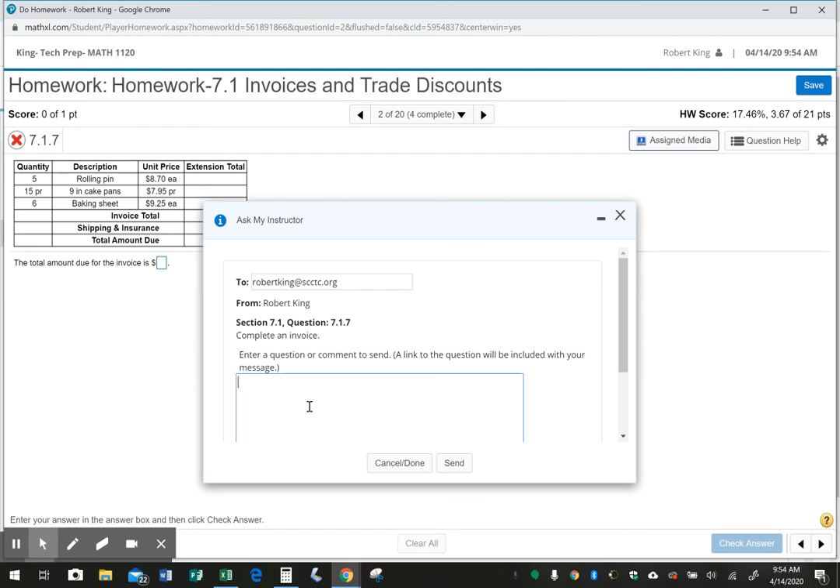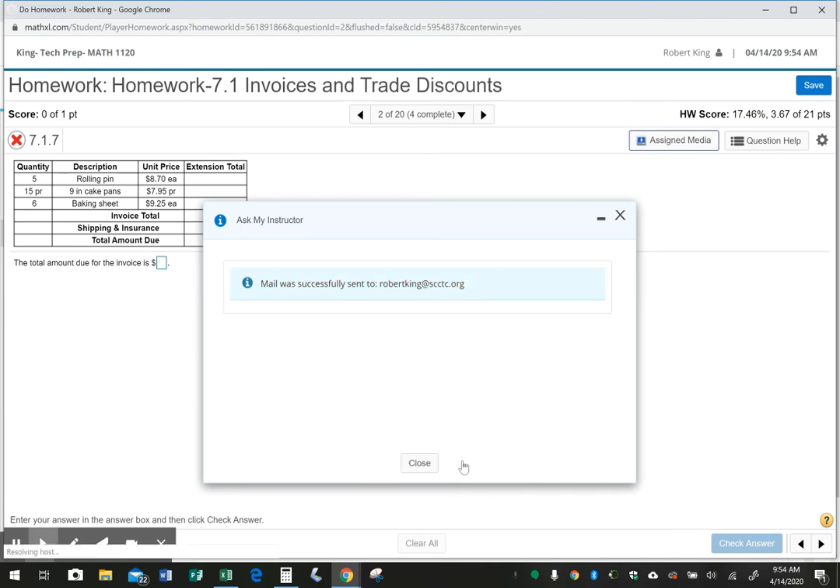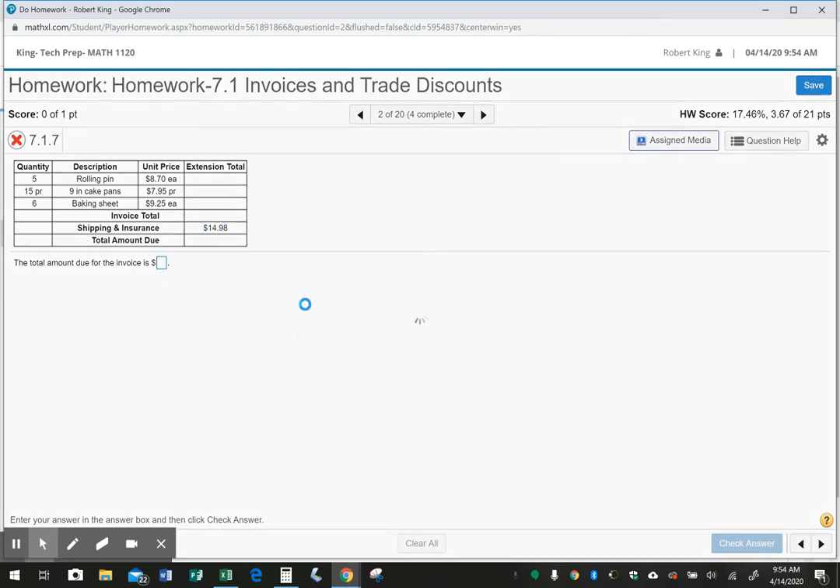Now, you do have an opportunity to type a message here, so if there's something specific about that question that you need help with, then please type that in there. I need help with this part. And then hit send, and that email comes to me. Mail was successfully sent, and close it,